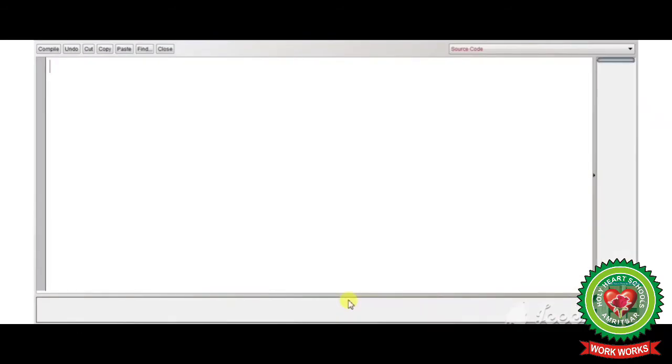As we have to use the Scanner class in our program, we will write import java.util.Scanner; Java is a main package. Under Java, util is a sub package and under the util package there is a Scanner class. So for this we have written import java.util.Scanner; Now we will write our first statement, public class tokens. That is our class name.